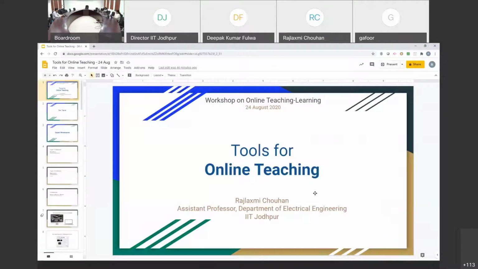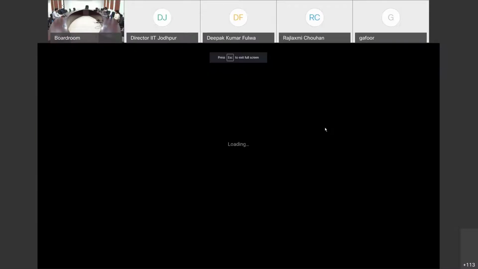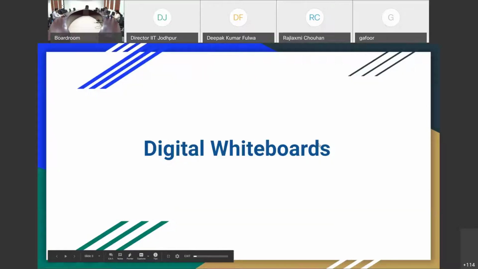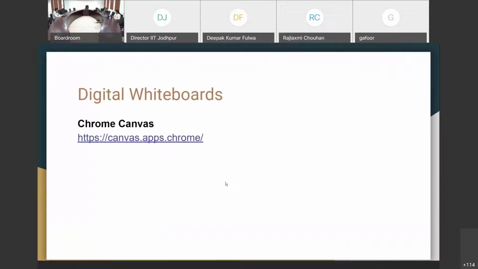Right. So I want to first start by talking about whiteboards particularly. And Vandana has already talked about PDF Annotator, which is now one of my favorite whiteboards. But there are a few online boards which you could explore. One such is called Chrome Canvas.